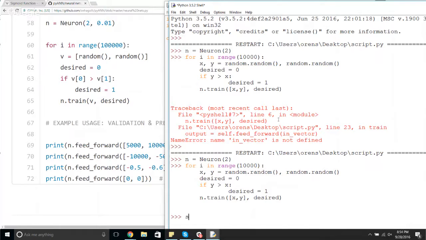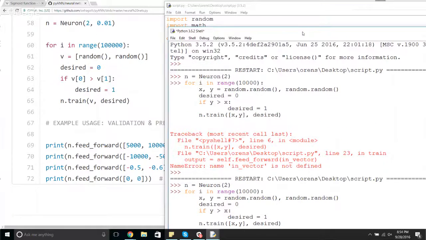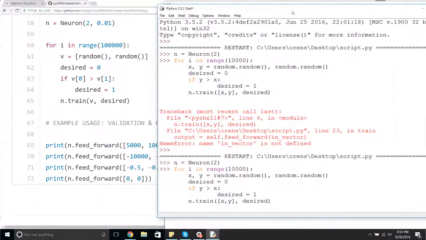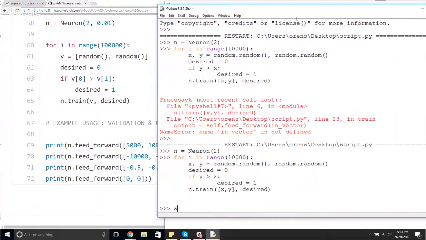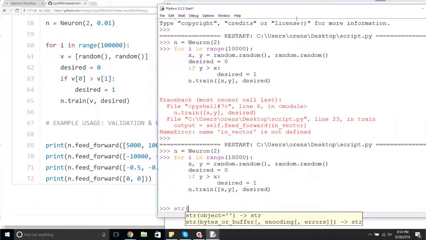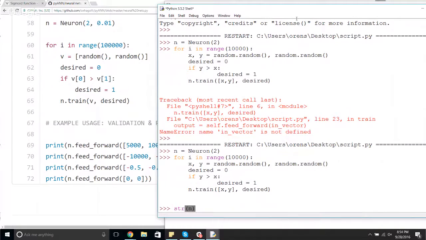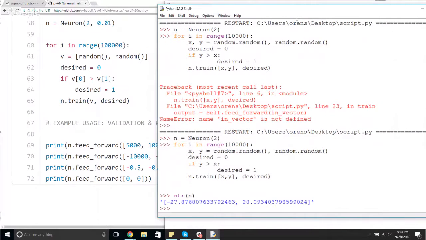It's trained on 10,000 data points, but that doesn't mean that it's accurate. But let's see how it does. So I'm going to do str of n, and those are the weights that are currently there. All right. Cool. So let's try n.feed forward